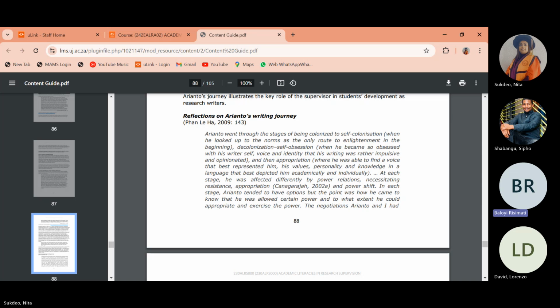My master's, when I did my master's degree, the supervisor was very supportive, but it was not tough. But when I was doing my PhD, it was a problem. It was a problem because my supervisor